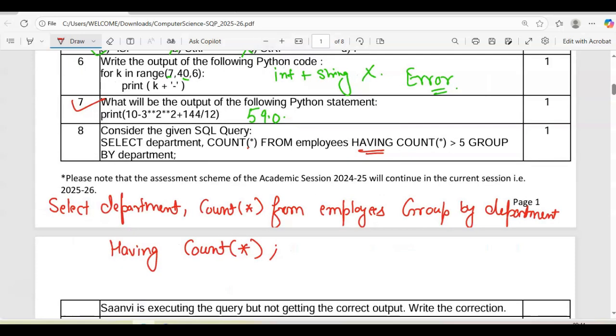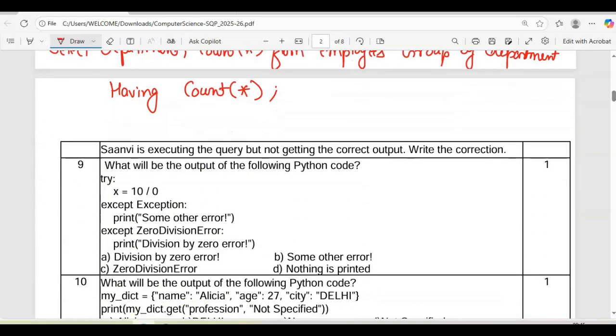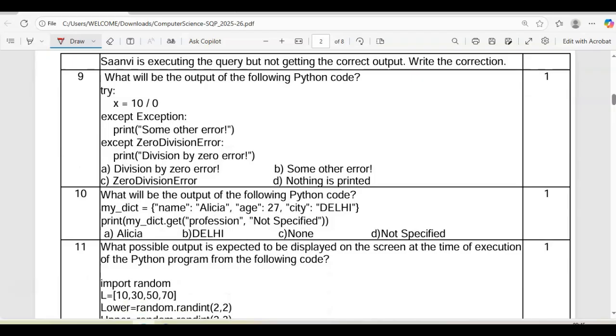So this is the correct way: select department, count star from employees, group by department, having count star. Having is the alternate for the condition if you are using group by. In that case, we can write the condition using the having clause, and that will come at the end. So this is the correct way to write down the query.